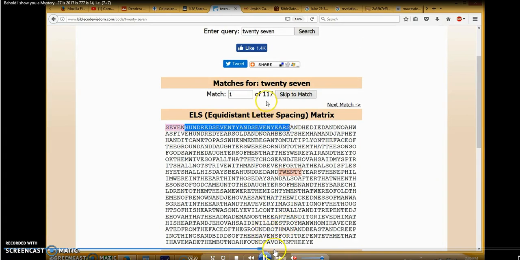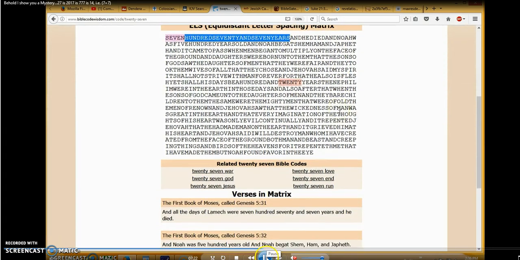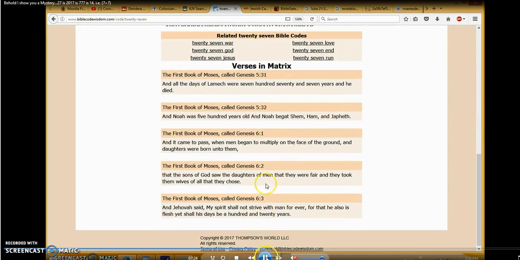And then the very last line in this table, the last line that shows up in the matrix that comes up over here, is in Genesis 6:3, where it says, "And Jehovah said, My spirit shall not strive with man forever, for that he is also flesh, yet his days shall be 120 years," and this would be the end of the